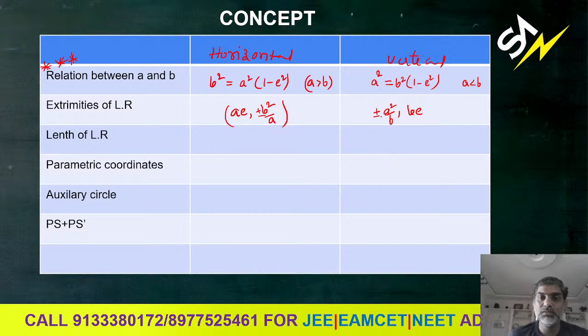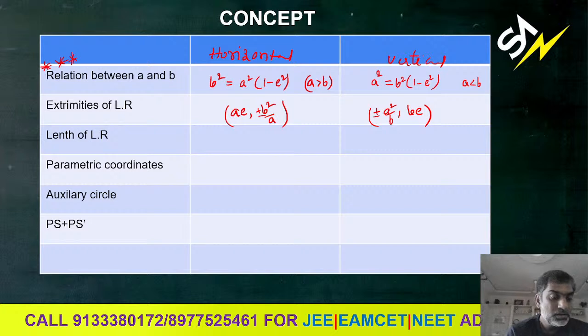Am I correct? Plus or minus a square by b. Yes, plus or minus a square by b. So what I'm thinking, better we can take plus or minus ae comma plus or minus b square by a